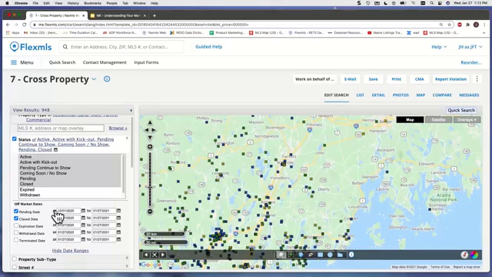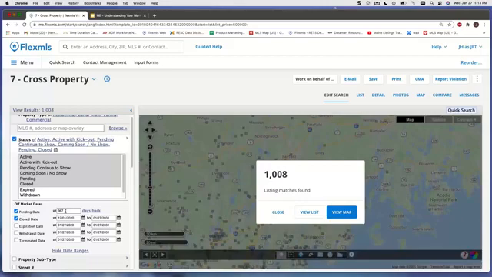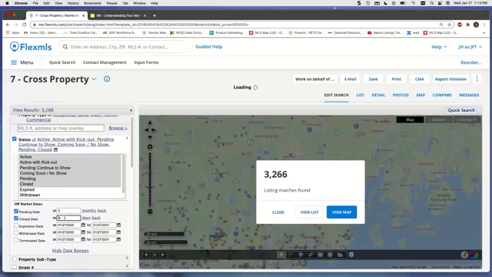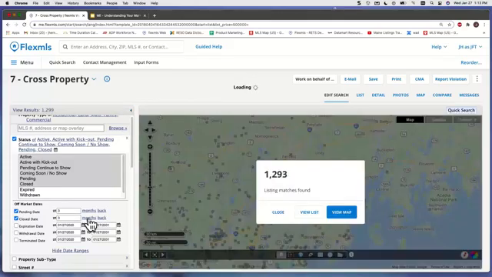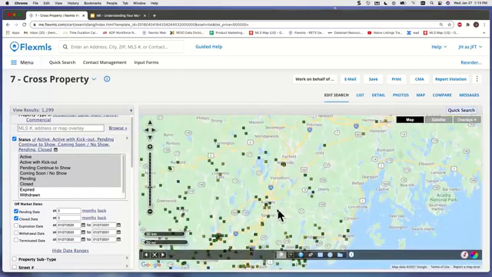Where my mouse is hovering, it's a forward-backward arrow. If you click on that, I can go days back, months back, or years back. So I'm going to click on days back, and then we'll just click 3 months back. So it'll pull currently pending listings with a pending date in the past 3 months. Same thing for closed. So now that I've made that change, I am going to save this search so I